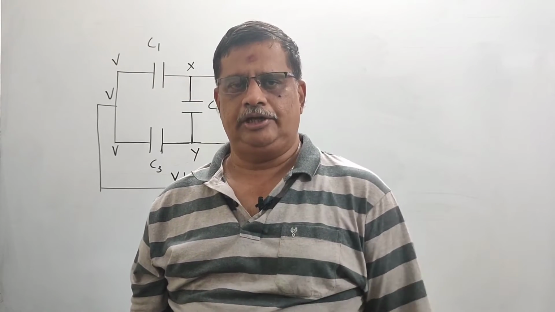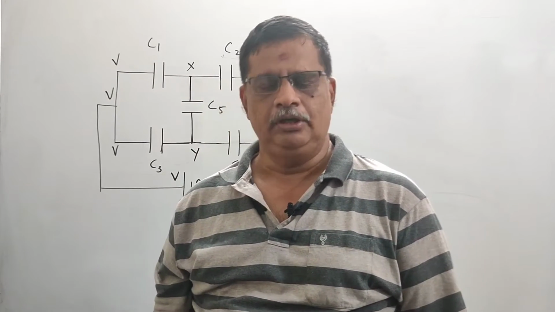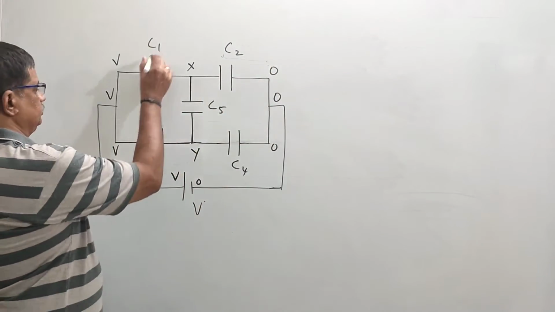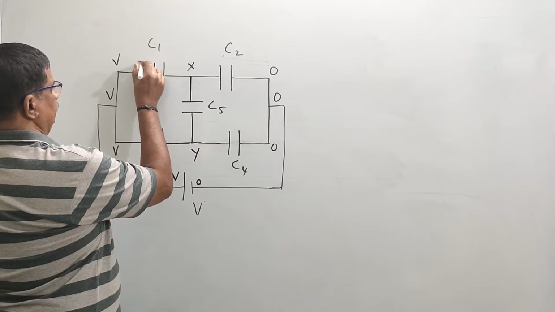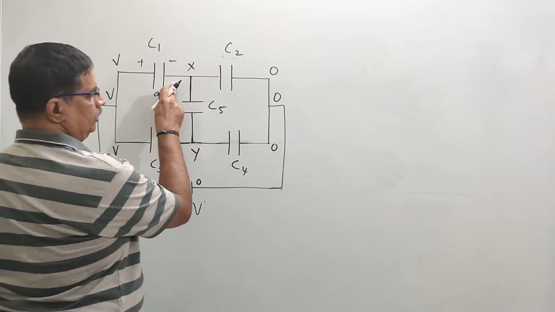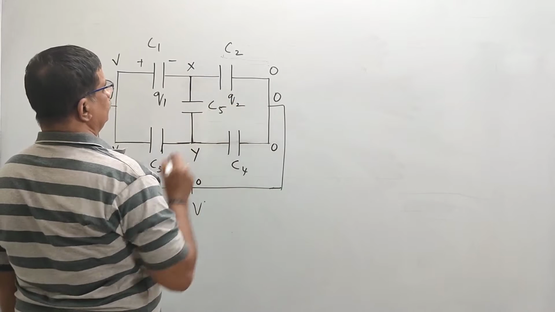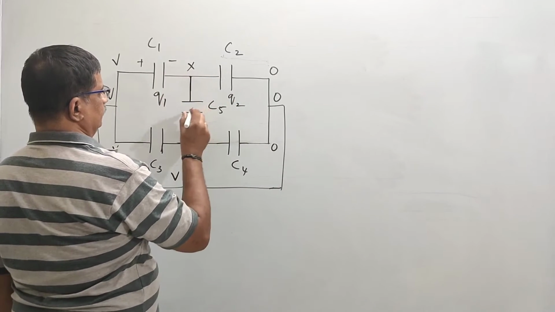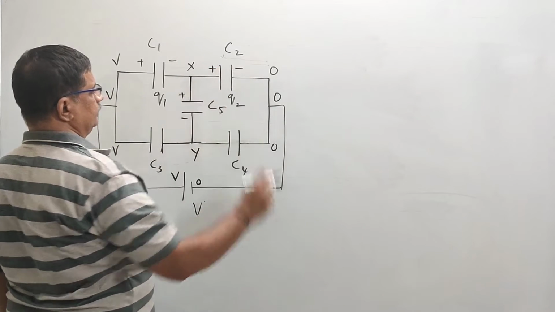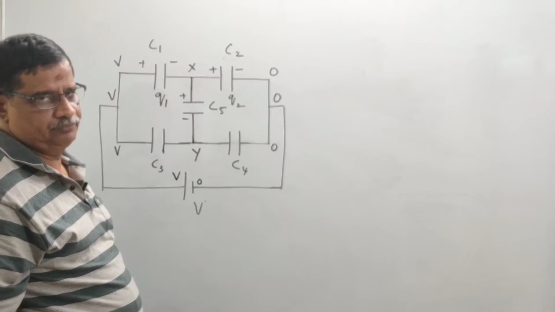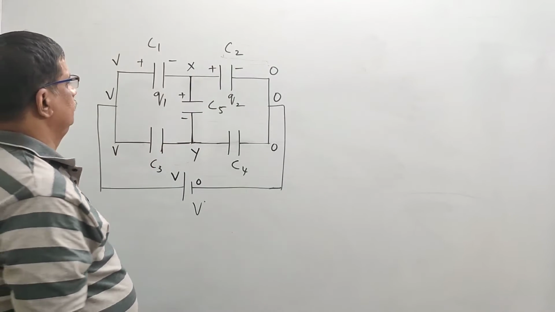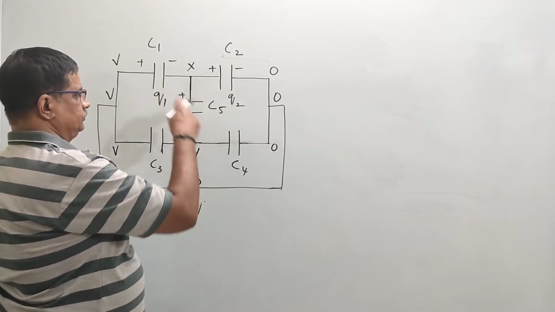The plate to which charges enter is positive and the plate from which charges leave is negative. And you also remember the net charge carried by a capacitor is always 0. Charge on the capacitor means charge on the positive plate. So if I consider the charge on C1 as Q1, this is plus and this is minus. The charge on this capacitor is Q1, plus Q1 here and minus Q1 here. Similarly, this one has a charge Q2, and from here charges leave, so I assume that this is positive and this is negative, because this is at 0 potential. So the potential X has to be greater than the potential here, which is always 0. So we have marked the charges on these plates.